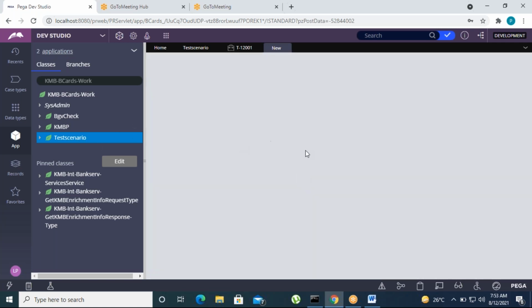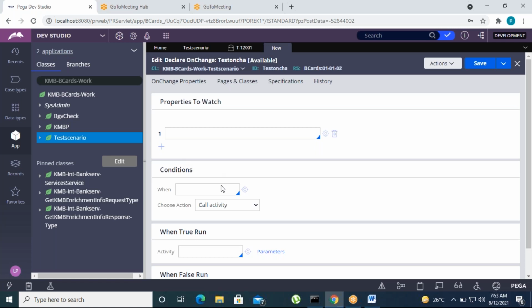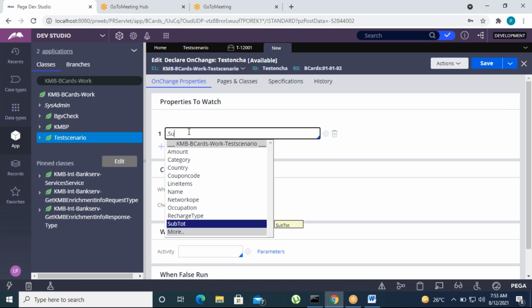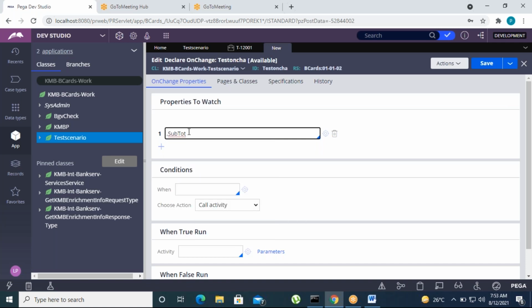Here, first define the property value, which property, when it changes, the on change will run the activity. Define which properties are changing, such as subtotal or some other property.